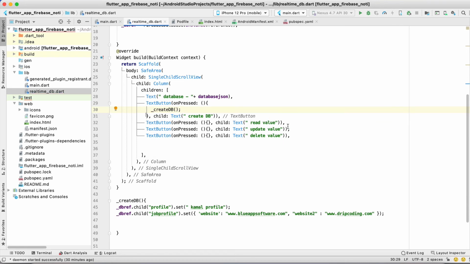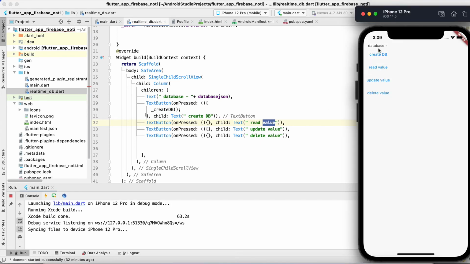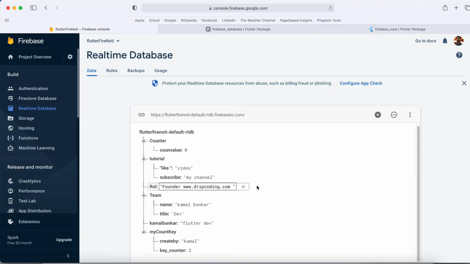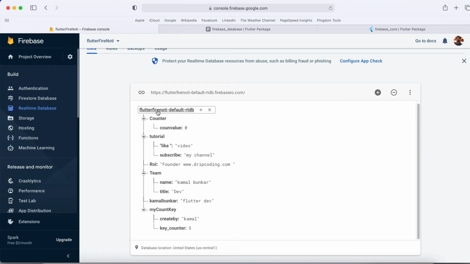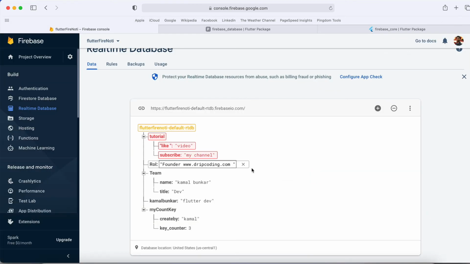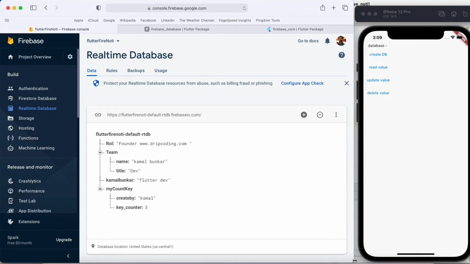That's it. So first I am going to run this code, then only we will perform the other operations like read, update, delete, and automatically update the result on screen. Okay, so as you can see the UI is ready, and this is simple text. Okay, and if I show you right now, this is my database. I can remove this one, just minimize it. Okay, now I am going to click on this button.